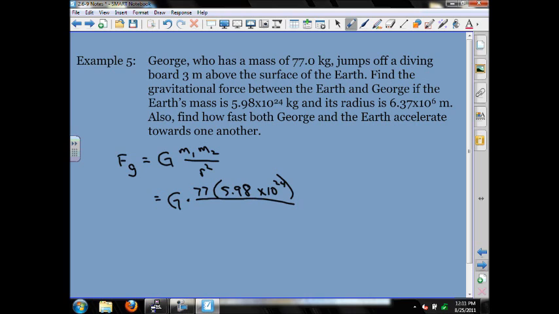For some reason, people forget to square the distance. Should be r squared. Really, technically, George's distance is going to be 6.37 times 10 to the 6 plus 3. So he's 3 meters above that, right? That plus 3 is not going to change the 6.37 times 10 to the 6. That's fine, yeah. Now, if they're adding something that's times 10 to the 5th,